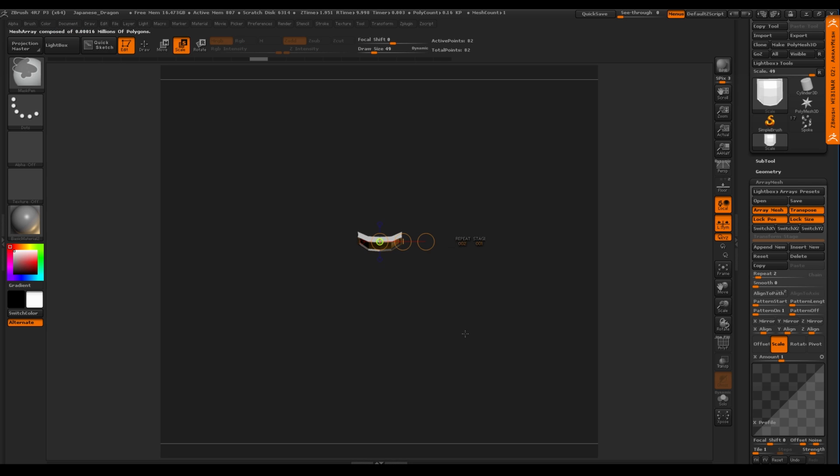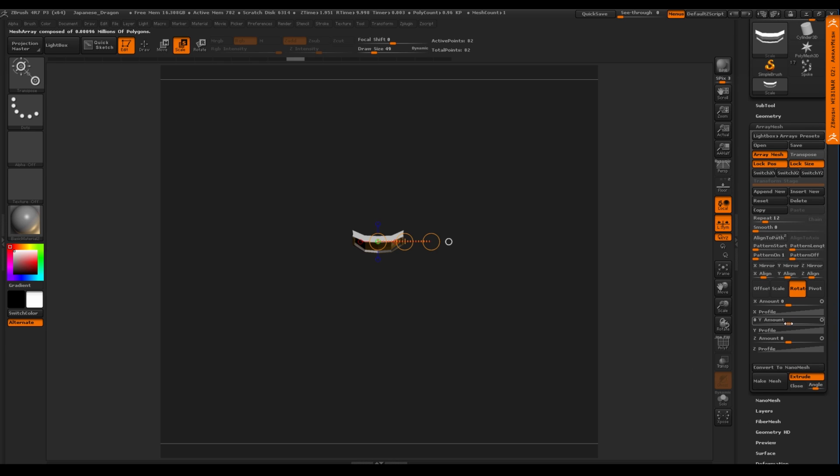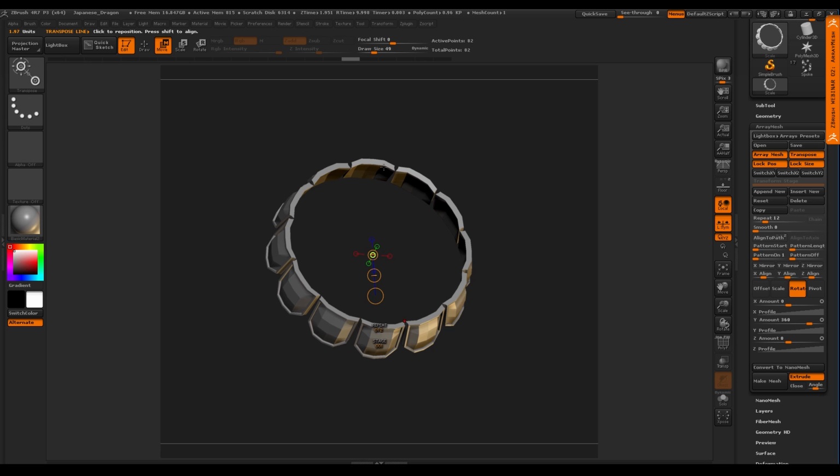So what I want to do, again, is I'm going to keep it off. I'm going to say 12 was great. It's a good number. And I already know I want to rotate along the Y 360 degrees. So I'm just typing in my numbers. And then with the transpose option off, I know that when I switch to move, it's actually moving the piece itself. So the benefit and the advantage of this is now if you notice when I turn transpose line on now, you can see that pivot point is actually sitting dead center of the whole array. That's really important to understand, okay?